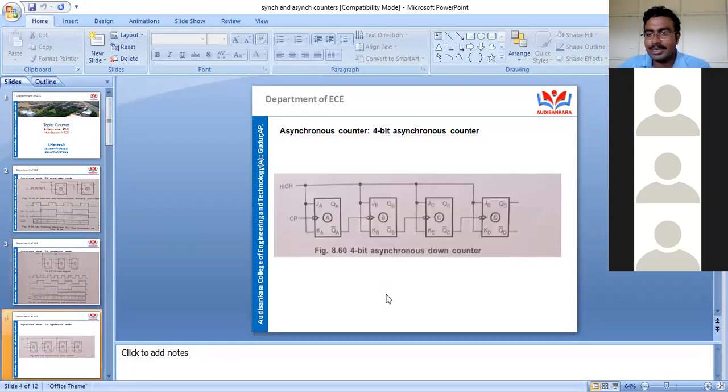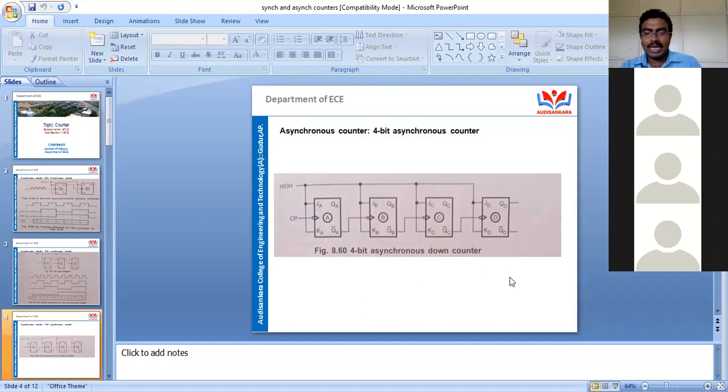In similar fashion, I can design a 4-bit asynchronous counter. Also same kind of connections here, students. But the only difference you can see here from your past two is they have taken a connection from QA bar, QB bar, and QC bar. In reverse, initially we have taken connection from QA, QB, and QC for the clock pulses. But here they have taken from QA bar, QB bar, and QC bar, which means that, students, initially you're going to start from 1, 1, 1, and 1.